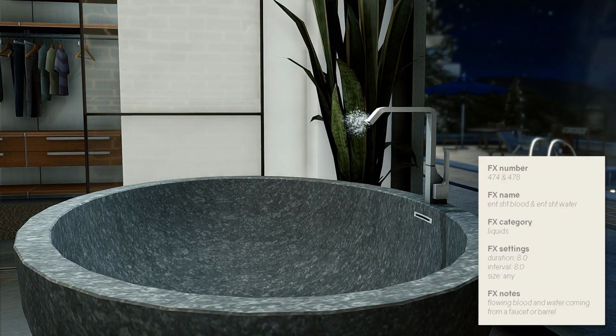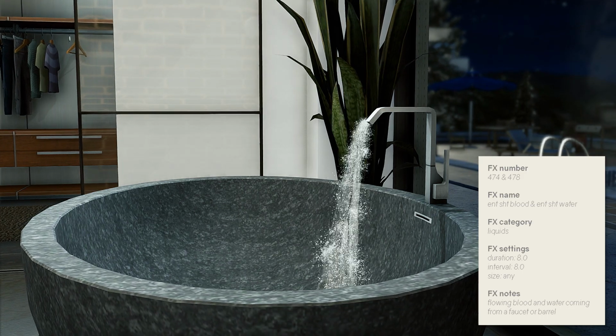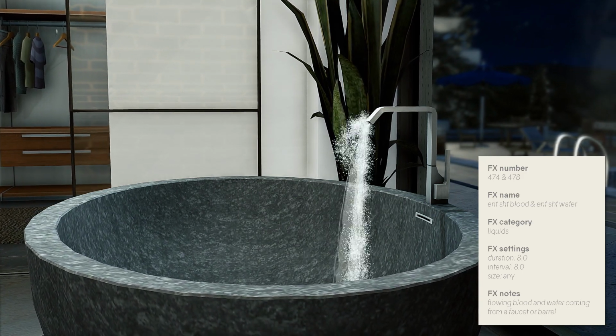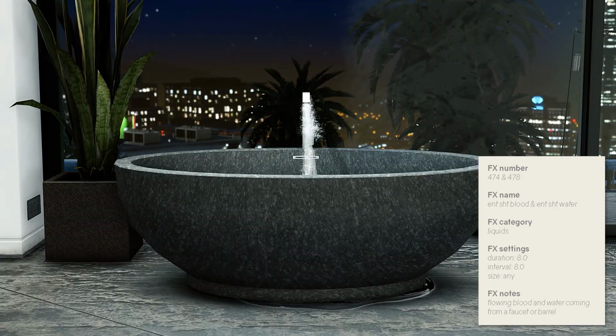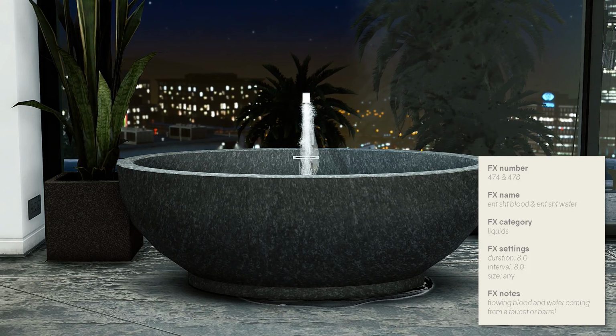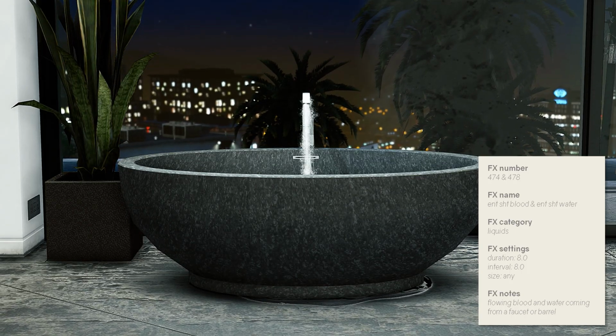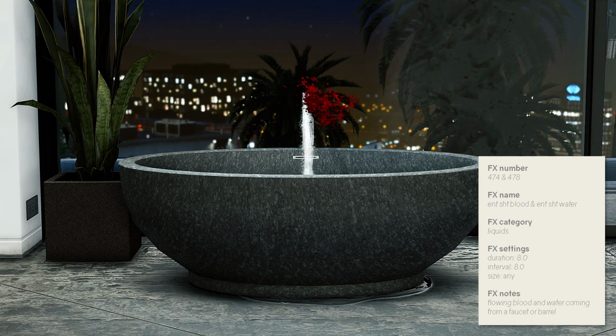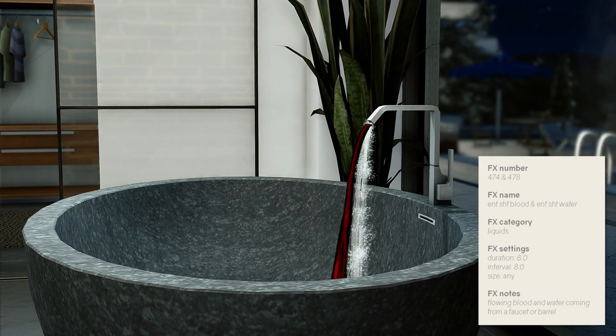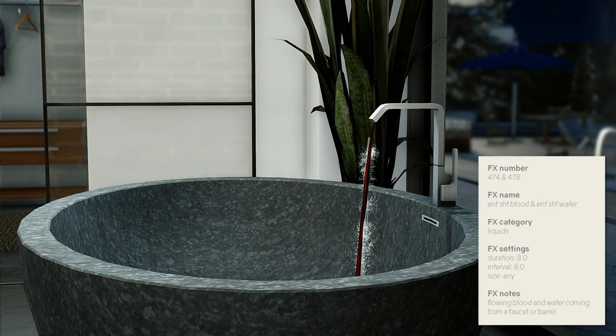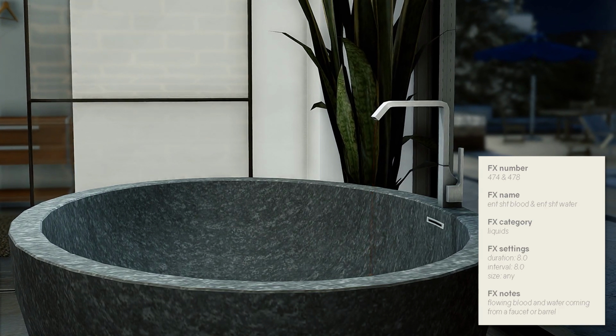Earlier, when I was talking about duration and intervals, I said you can place more than one trigger effects task on the same object. Well, here's an example for something mundane. Water coming from a damn faucet, and then it dynamically changes to blood. I would have needed this years ago for my video Halloweenception.